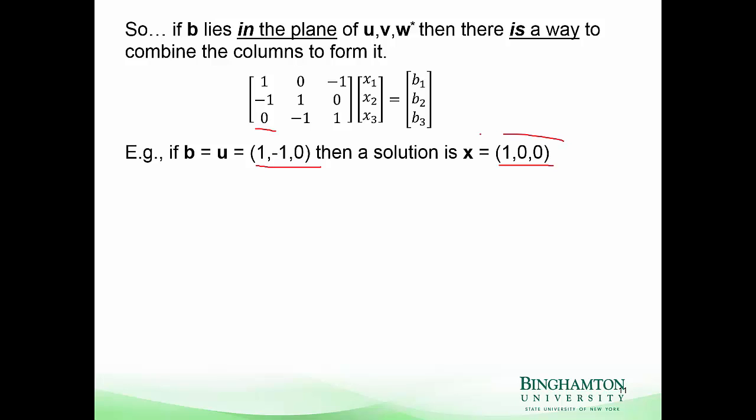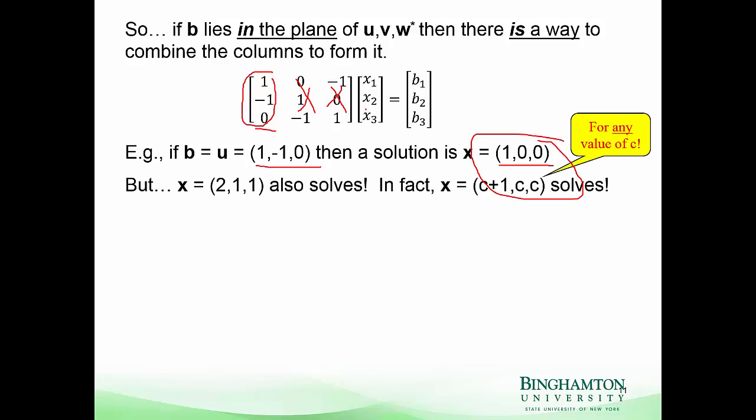So this vector will select this column and multiply each of the others by 0. So there's our linear combination view helping us visualize that it works this way. But x equal to 2, 1, 1 also solves. And in fact, remember we said that C